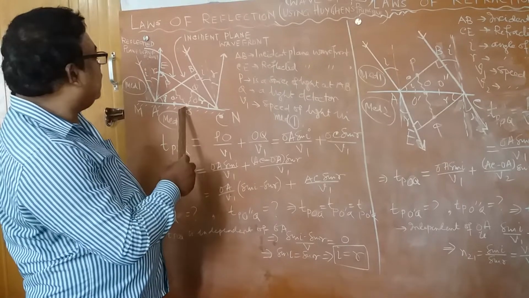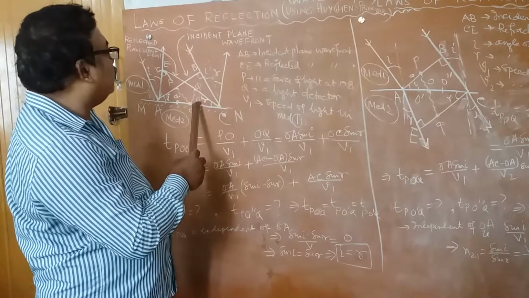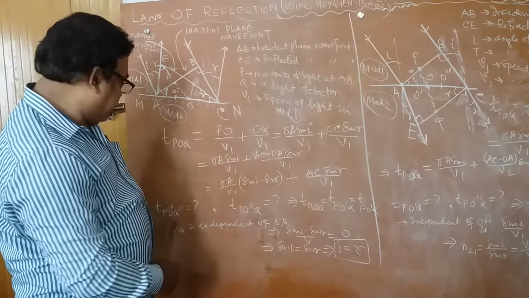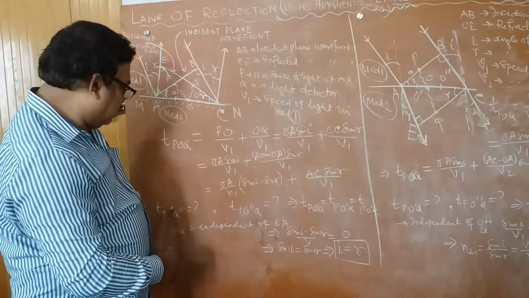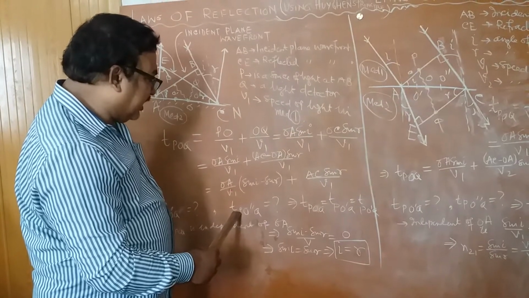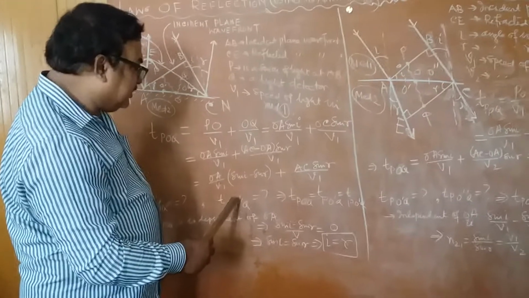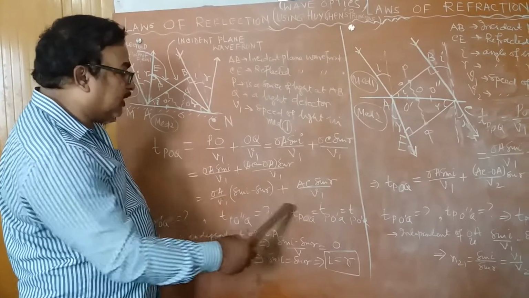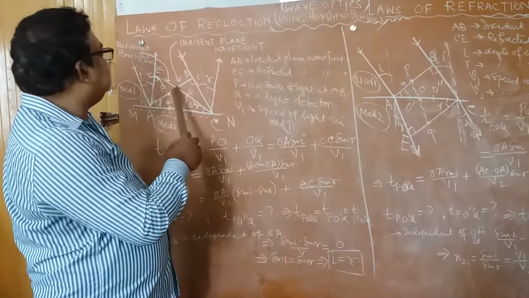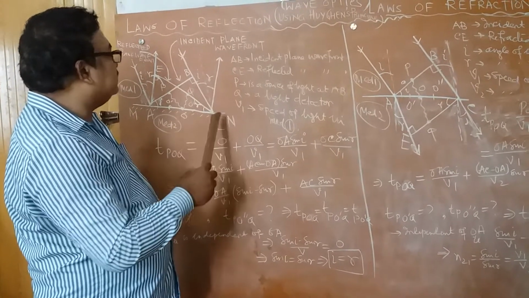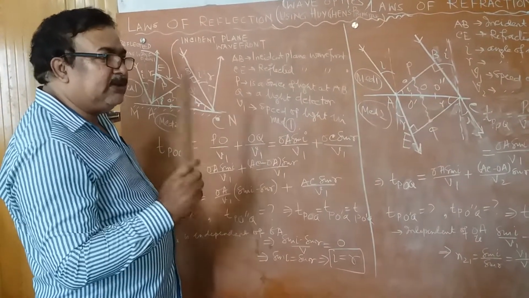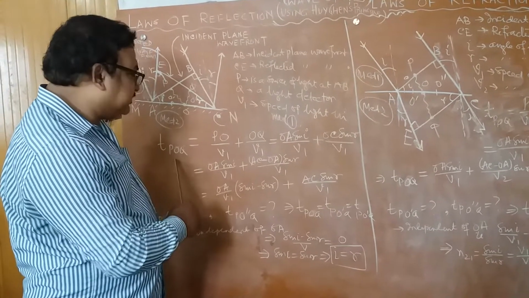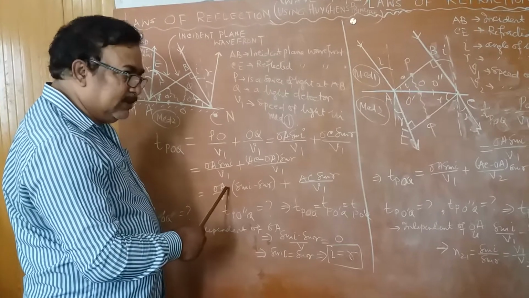Now instead of O, if we take O dash and O double dash, and we want to calculate time for P to Q via O dash, or time taken by light wave from P to Q via O double dash, then we can calculate and we will find that all the three times are equal, because P is on the same wavefront and Q is on the same wavefront. So in a wavefront, time is constant, phase is constant. So therefore, this time is independent of OA.